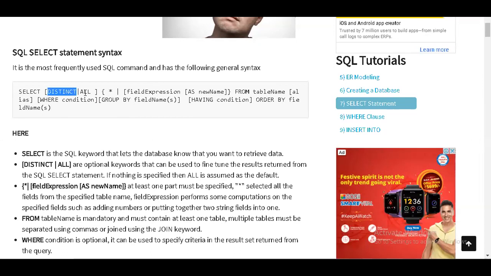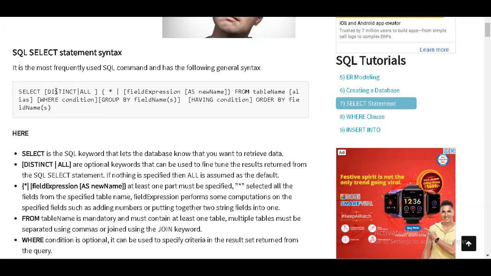Or I want to use all the values. Here you can see there is a pipe symbol. It's not a slash, it's a pipe symbol on your keyboard. You will find it above your enter key. You have to type it using shift and the pipe key. So you're going to get this pipe symbol, and this pipe symbol will be used.